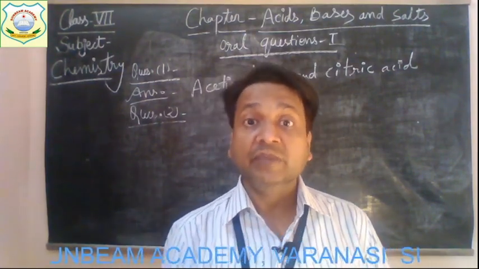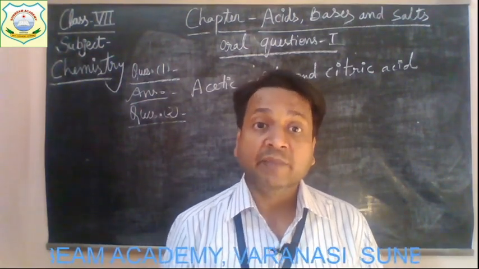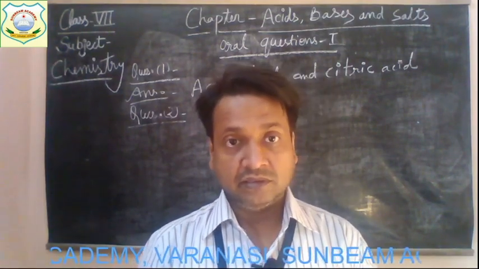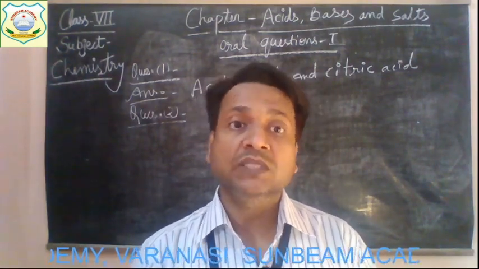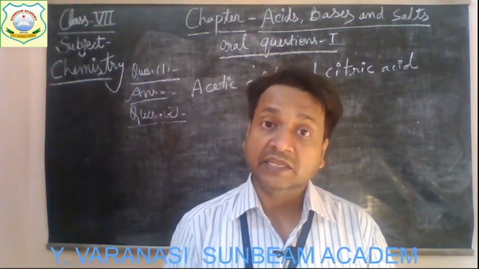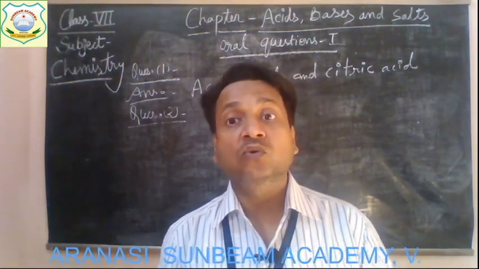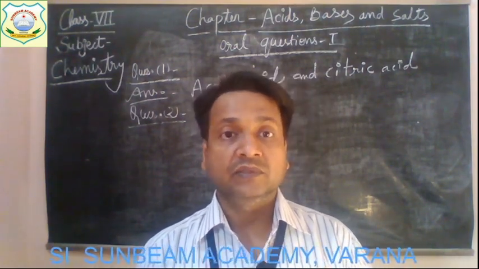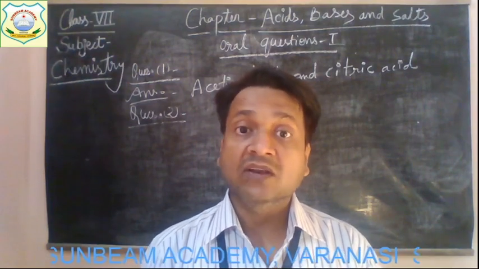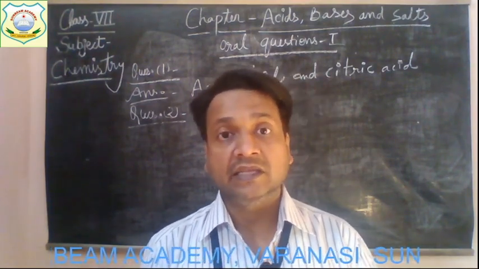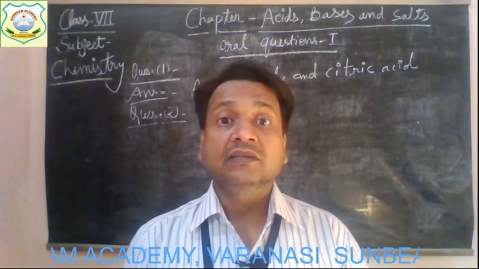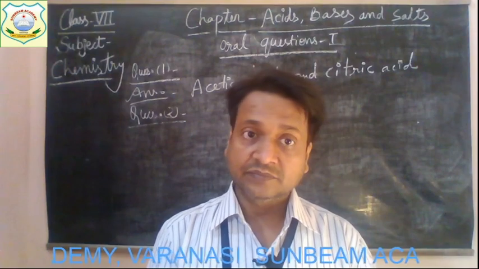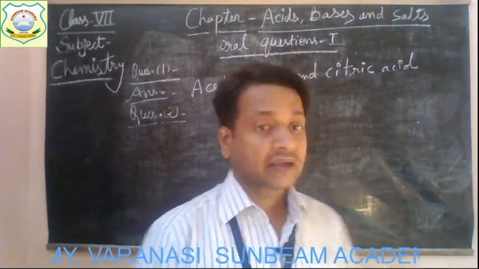Okay, corrosive means that it damages the substances in which it is kept. So this nature is termed as corrosive nature. So acids are corrosive in nature and the strong acids can corrode even metals like iron and aluminium. So that is why acids are not stored in metal containers. Otherwise it will damage the metal containers. Got it? Now the question number 3 is,